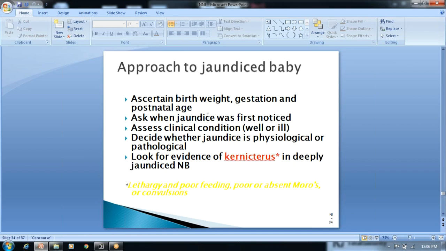You have to go into detail about Rh incompatibility, ABO incompatibility, hereditary spherocytosis, or G6PD. G6PD is very common in North India, in Punjab, Bihar and Delhi. That is an ethnic group. When you compare to South Indians in Madras, Karnataka, AP and Telangana, we come across G6PD very rarely. It depends on genetic factors.